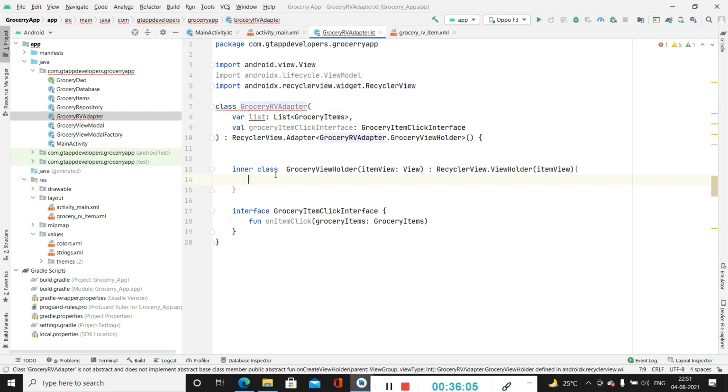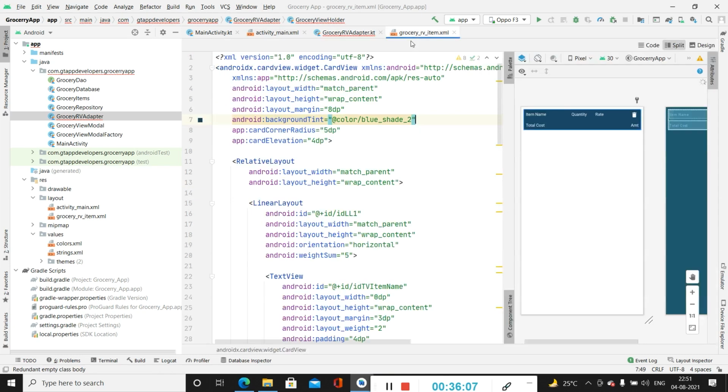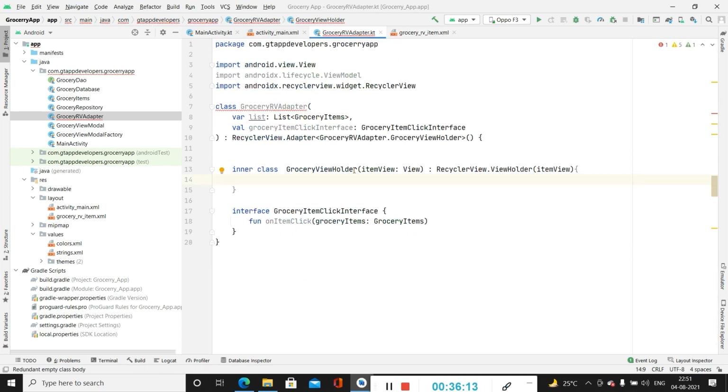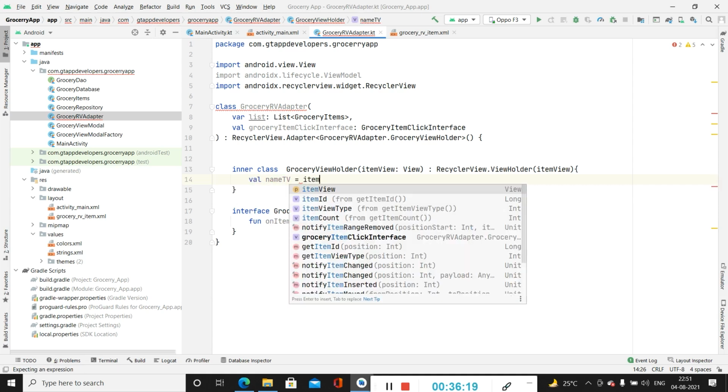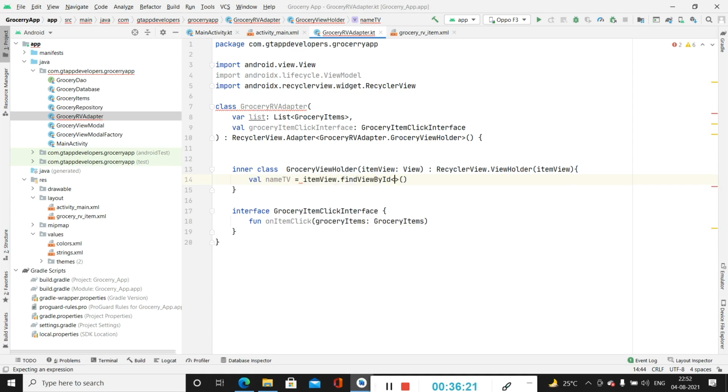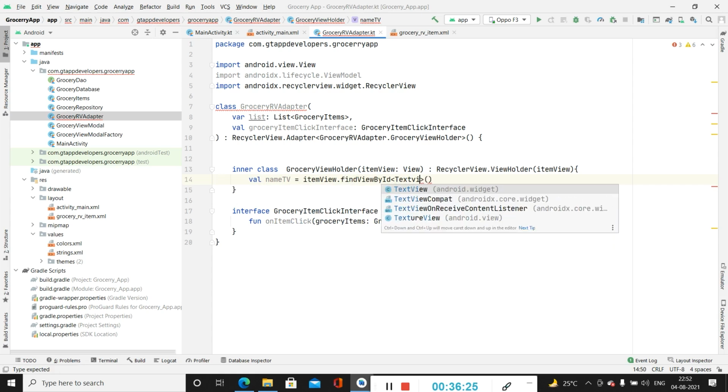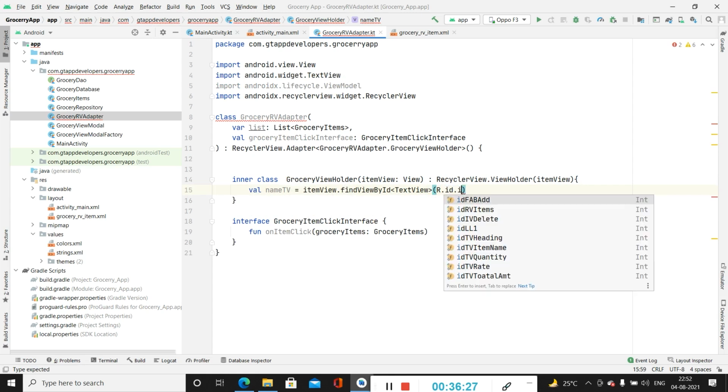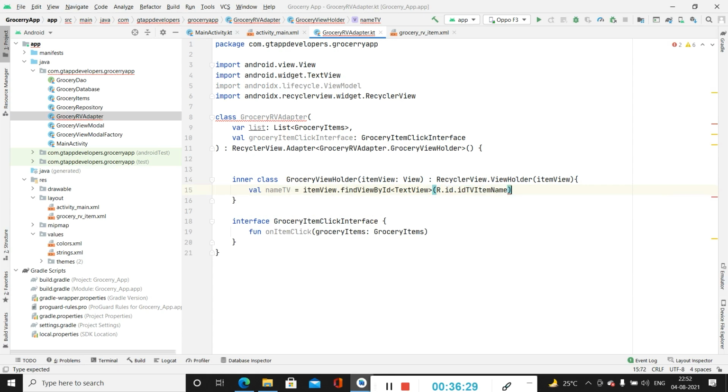Now firstly we will be creating the variables for our different text views. So there are 5 text views and 1 image view. So we will create the variable for each one. So the first one is our name TV, item view dot find view by ID. So this will be our text view, item name.